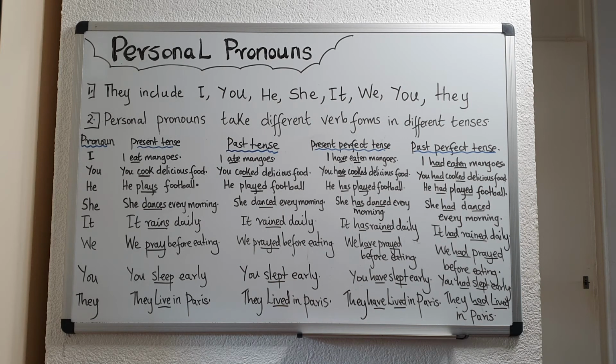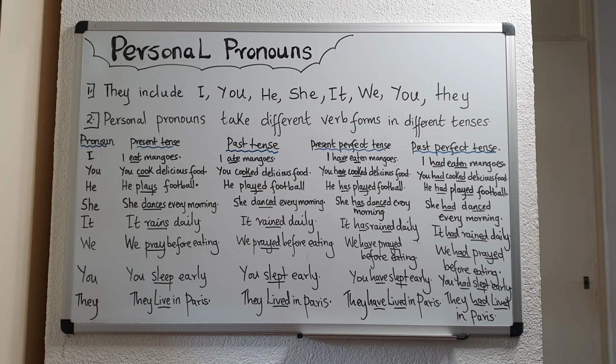We have prayed before eating. We can never say we has prayed before eating. That is not correct because the personal pronoun we always combines with have in the present perfect tense. That is a permanent rule. It does not change. And in the past perfect tense, it is we had prayed before eating. Again, it's very easy. You simply combine the personal pronoun with had and then the verb and then you add